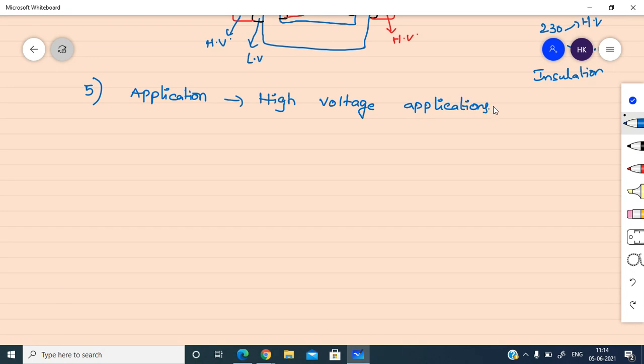Not only the outside transformers, we can see small transformers inside some equipment. Have you ever seen them? There are small transformers in old radios, and earlier in TVs also. So those transformers are not core type transformers. Why? Because they work on low voltage. Whatever transformers we see outside, those are the core type transformers. And next one, shell type transformer.